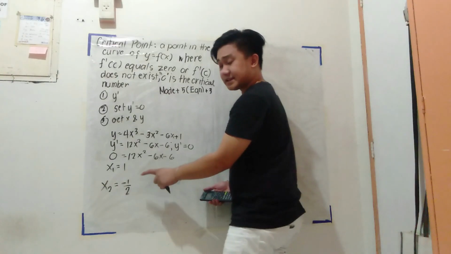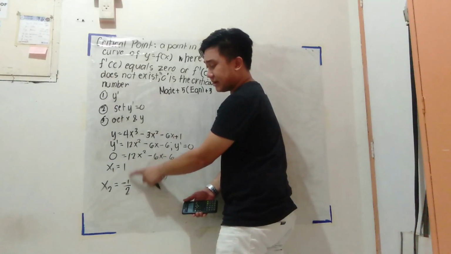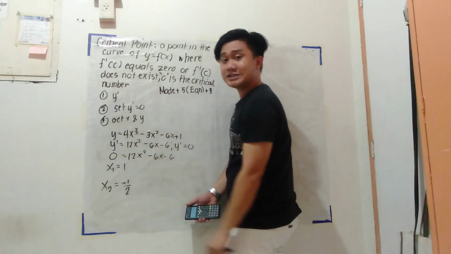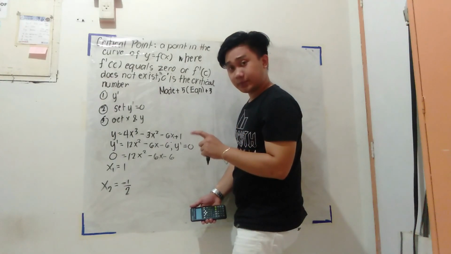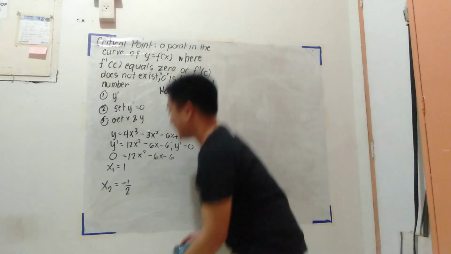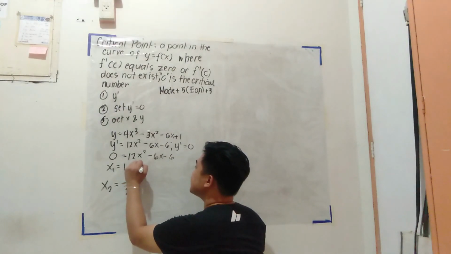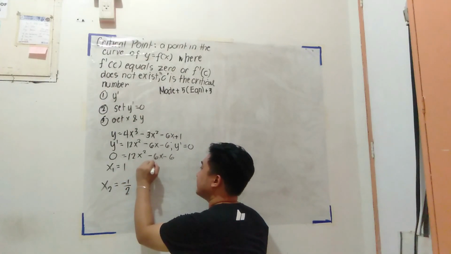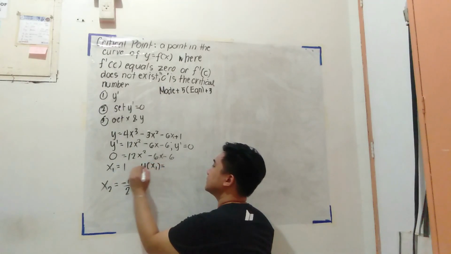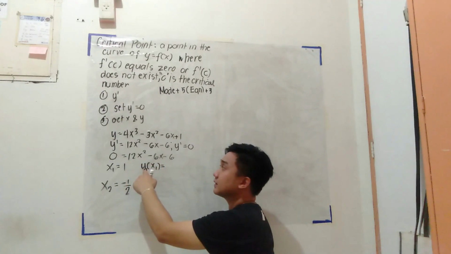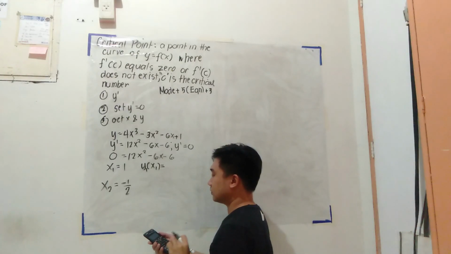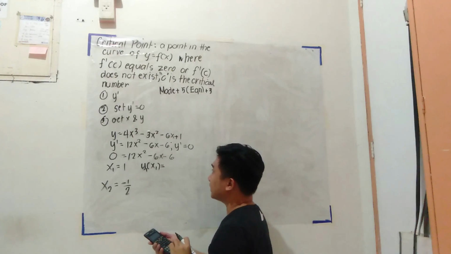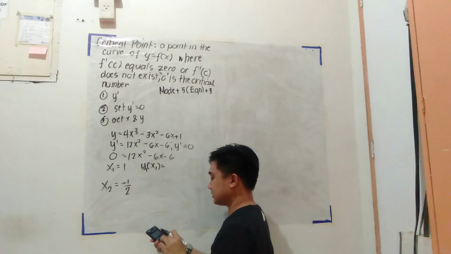Again, saan ipapasok yung values na to? Dito sa original equation natin. Sa original equation. Inuulit ko po. Original equation ha. So, first, we have the y of x1. So, that's y1. So, 4x cubed minus 3x squared minus 6x